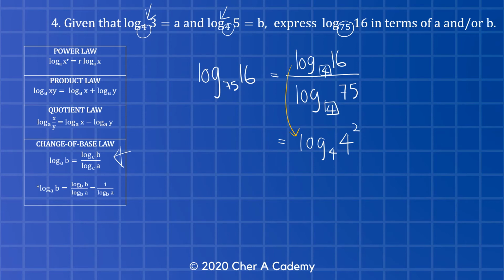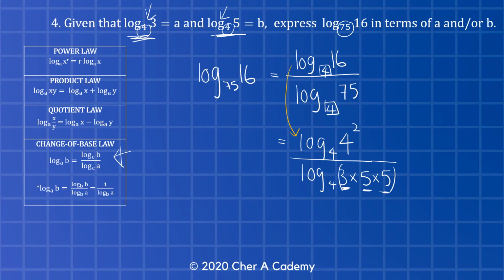Okay, and my bottom, log base 4. How should I change the 75? 75 is 3 times 5 times 5, right? And I can actually use this log base 4 of 3,